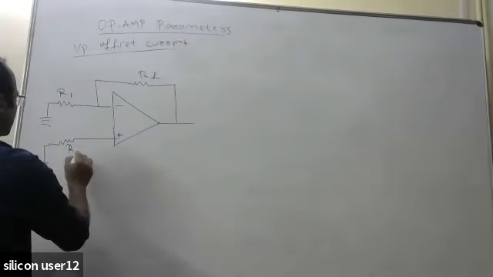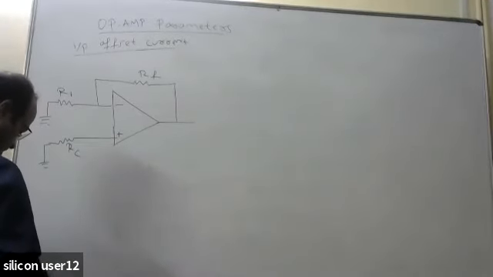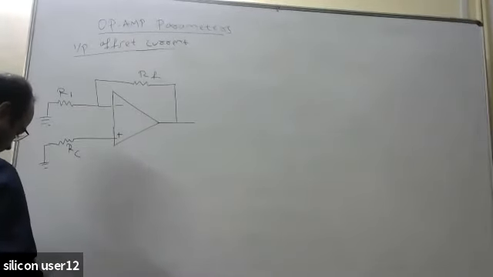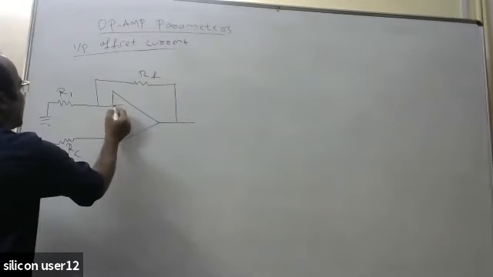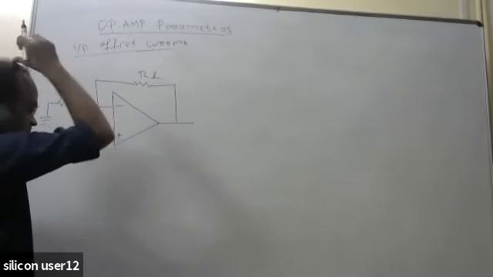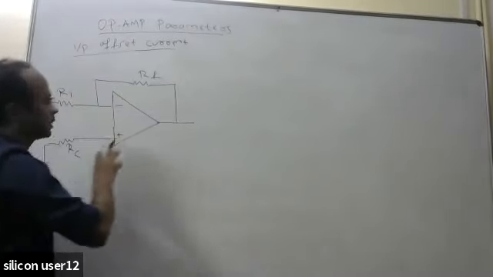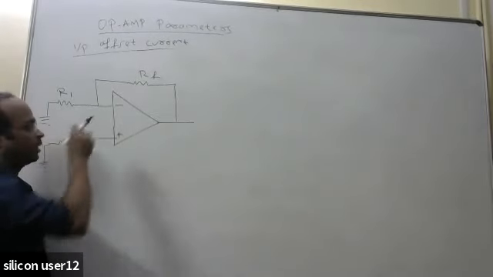This one is named as RC. Ideally both the currents should be the same. At the initial position, when nothing is given, no current should be flowing into both the